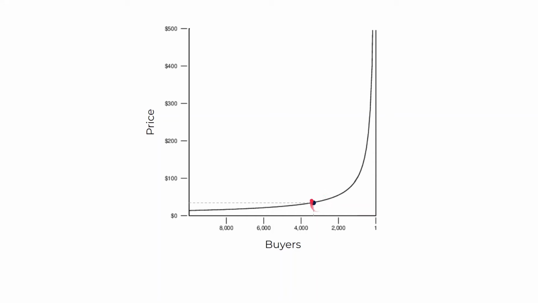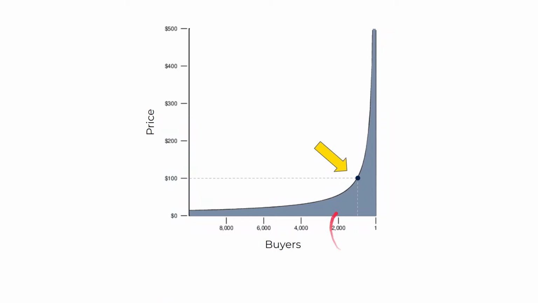Now let's see one interesting property of this curve. The area that is under the curve represents the amount of money that there is in the market for this particular product with this particular product market fit. Okay, so this is again your product at this price point. If you are able to obtain a better market fit, it means that more people will buy at $100. So this curve actually moves like this.